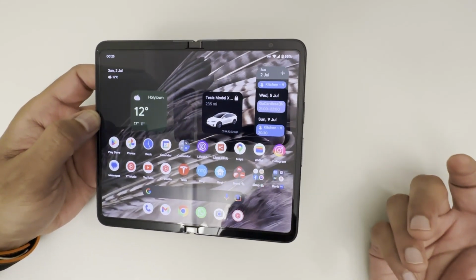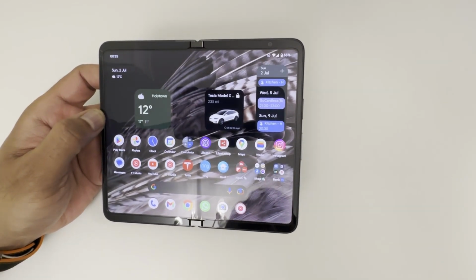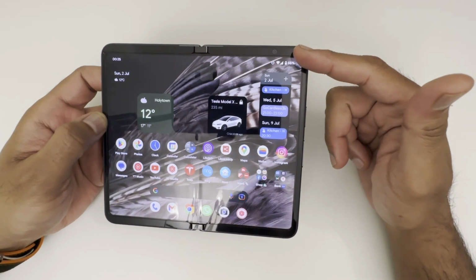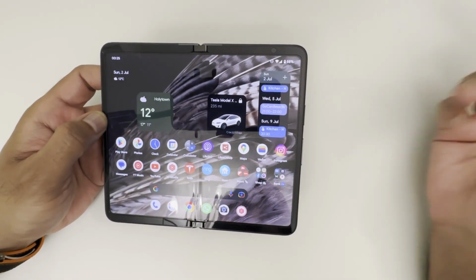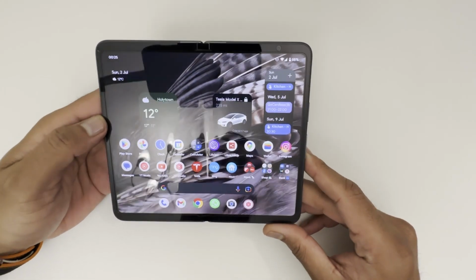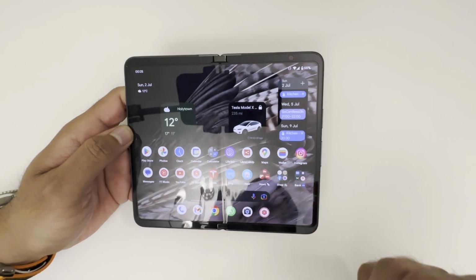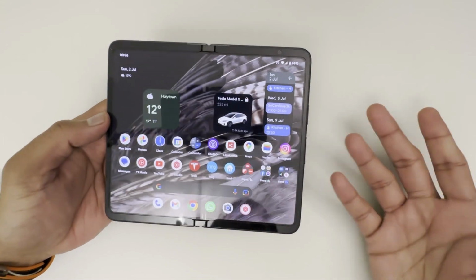You only get about 0.4 million pixels, if I'm not wrong. But at least in this one, you get very, very good selfie images, which are absolutely very good when compared to the Samsung Galaxy Fold 4. But what I've noticed in the last 4 days since I've been using it, honestly speaking,